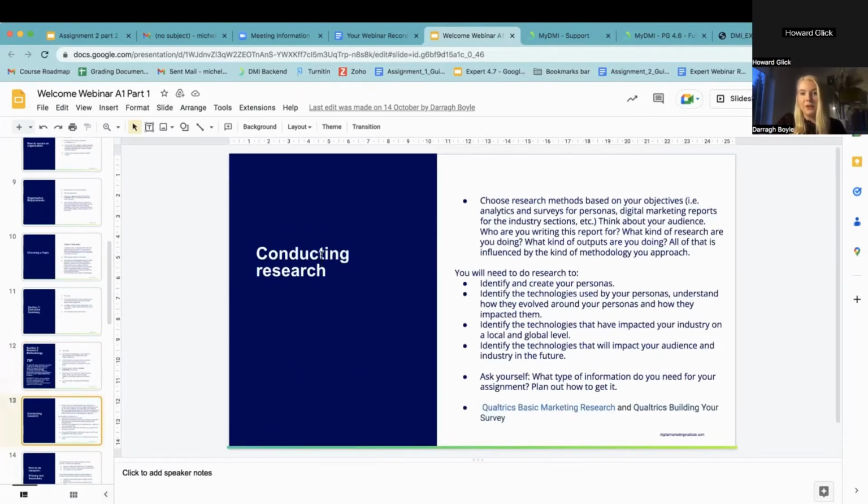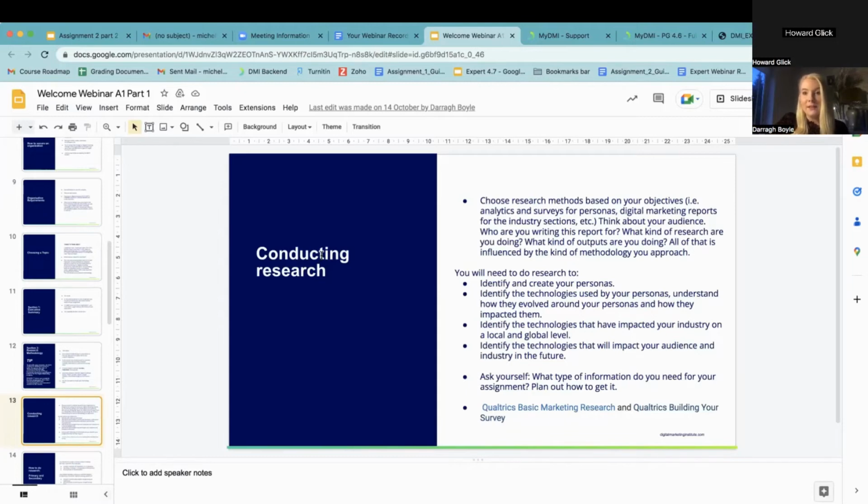So some tips for conducting your research. The best way to design your research is really to decide what you want to find. So there's no point in just doing random surveys and having no forethought of what do I want the outcome of this to be. So you can really put things in your survey in terms of open-ended questions or closed questions that you will know will get the answers that you need to create the argument you want to put across in your assignment.